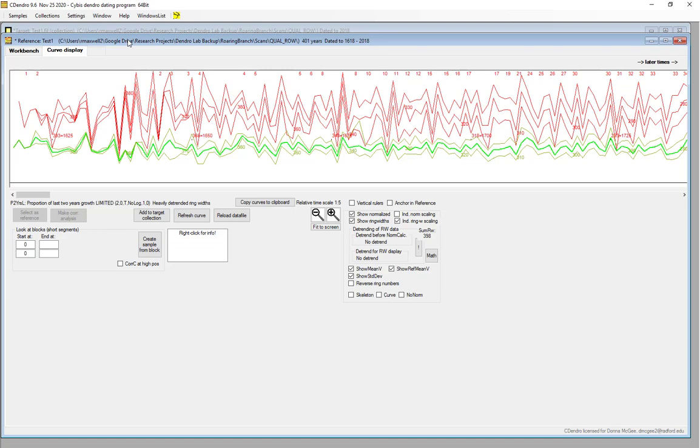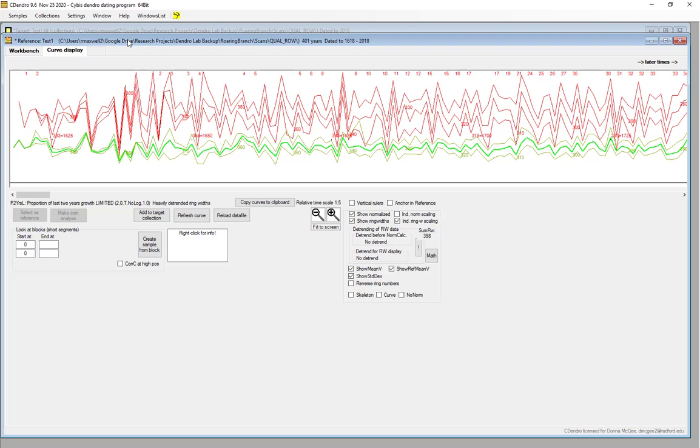Now, if you are working in the CooRecorder program, one of the things that I recommend doing is, if you've measured, say, 5 to 10 series, or 5 trees or so, two series per tree, you can create your own reference from that to aid in your dating. You want to have trees that are pretty well behaved, that don't have missing rings, or appear not to have them. And you can create a reference to begin dating those against.